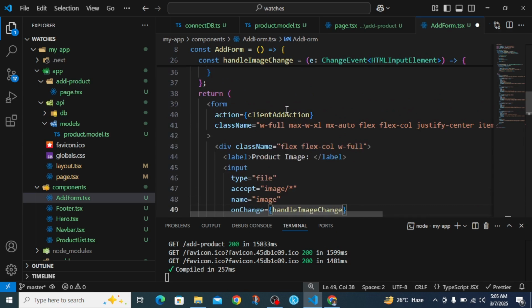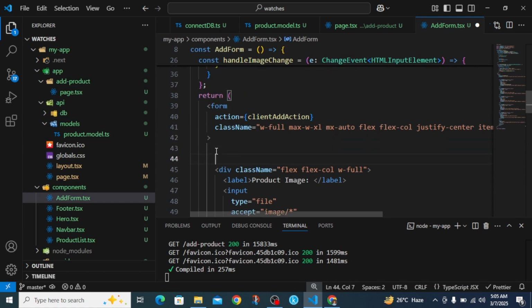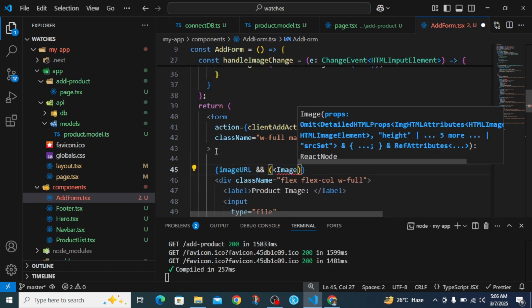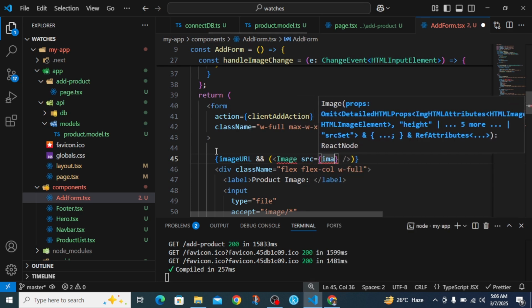Now we have to show the image, so we have to use the image URL. So under this form tag here, you can just create a curly braces here and say if there is image URL, you're going to put a conditional statement, image URL, and you'll come here and say you pass in the image component from next/image, and then give it a source. The source will be, of course, image URL,